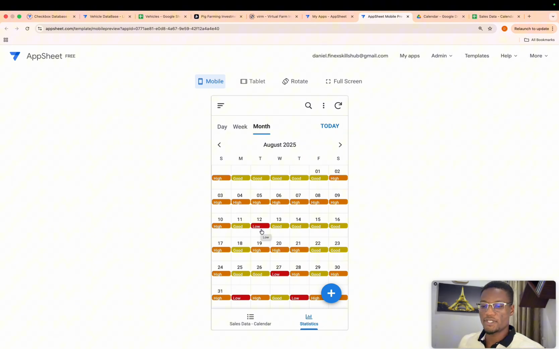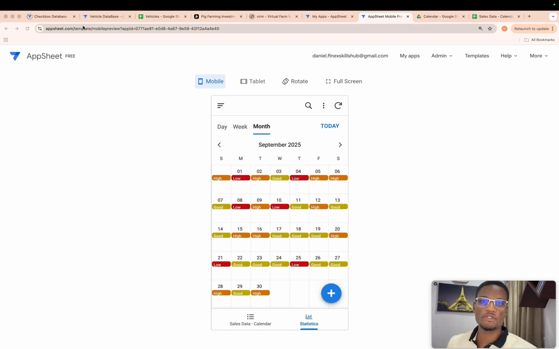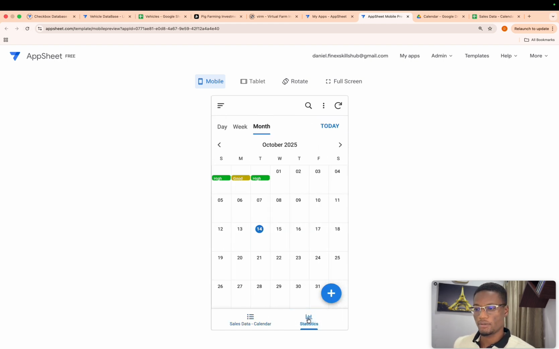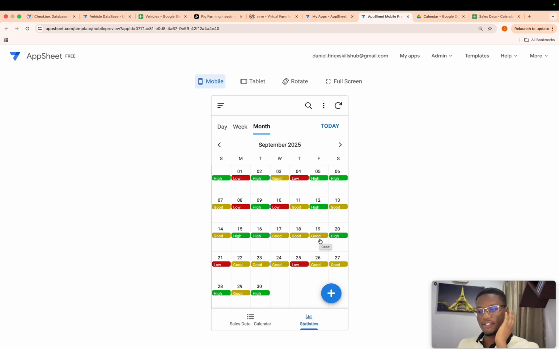For a long time, I wasn't able to determine this until later on I did. And I feel like maybe someone out there, if just one person, might be curious how this can be done. So let me just demonstrate. I'm going to change the color right away, and then you know that this is actually possible. I'm just going to refresh this over here. I've changed the color and you should see the new updates. Okay, good. So you see now, I've been able to change it so that high is green, low remains red, and good remains yellow. So we're just going to look at how this can be done in AppSheet.